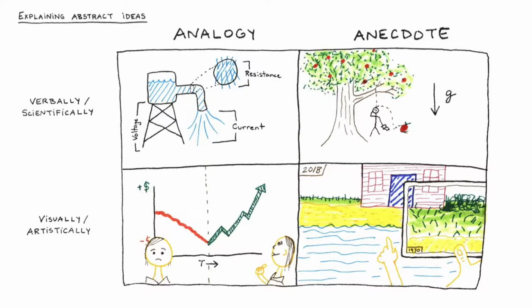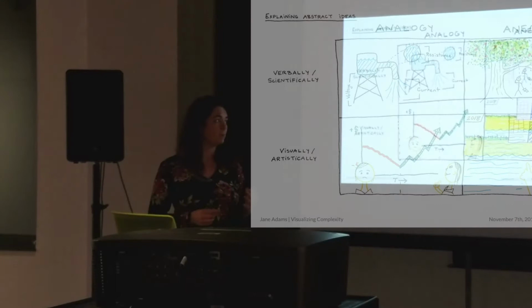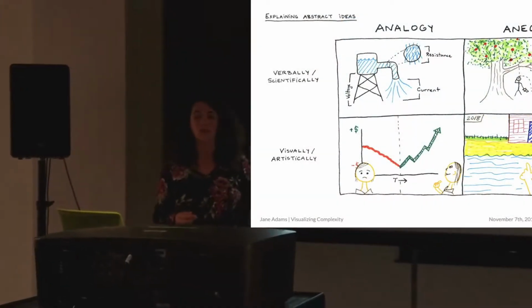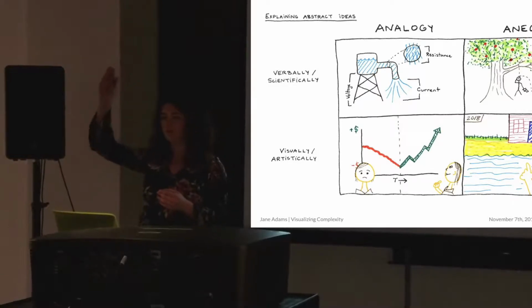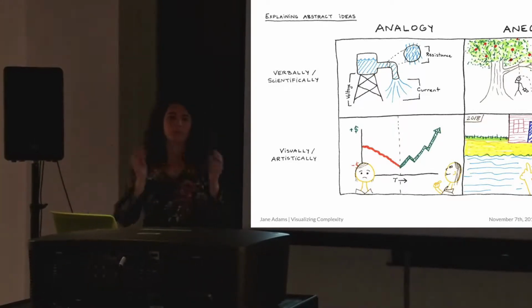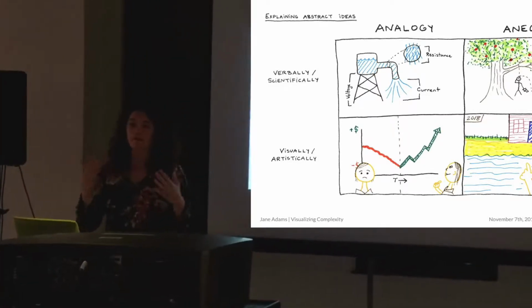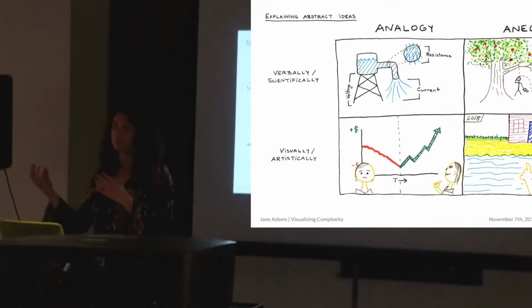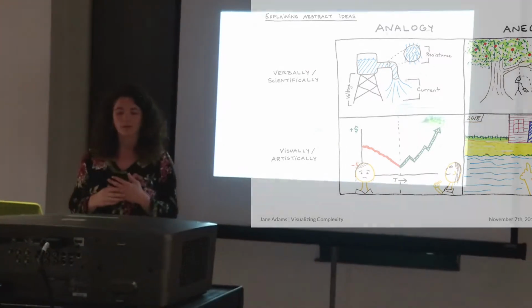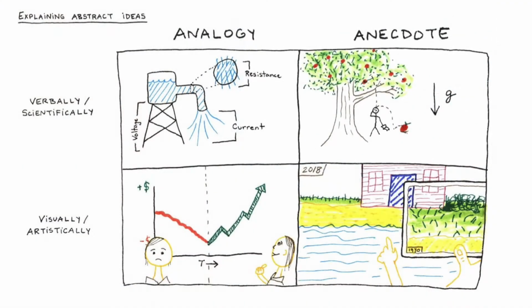Visually, we also have analogies, because any chart is really an analogy. We're visually encoding, saying that up is an increase of something, or change over time is moving from left to right. And these analogies are so ingrained in our psyche that we don't actually think about them as visual encodings, but they're kind of universally accepted.